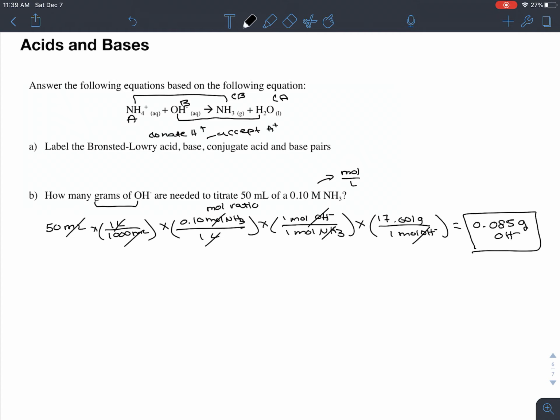Then when you're doing a titration, you're just looking at concentration and volume, just like we've done before, using the mole ratio. We have molarity and volume. You take your volume and get moles. Well, if I wanted the moles of that particular substance, I would be finished. But because I wanted a different substance, you always go back to mole ratio. So you always look back at your equation and make sure it's balanced. And then just solve for the unit you want, whether that's volume from concentration, atoms, particles, grams, etc. You use whatever conversion factor to get you to